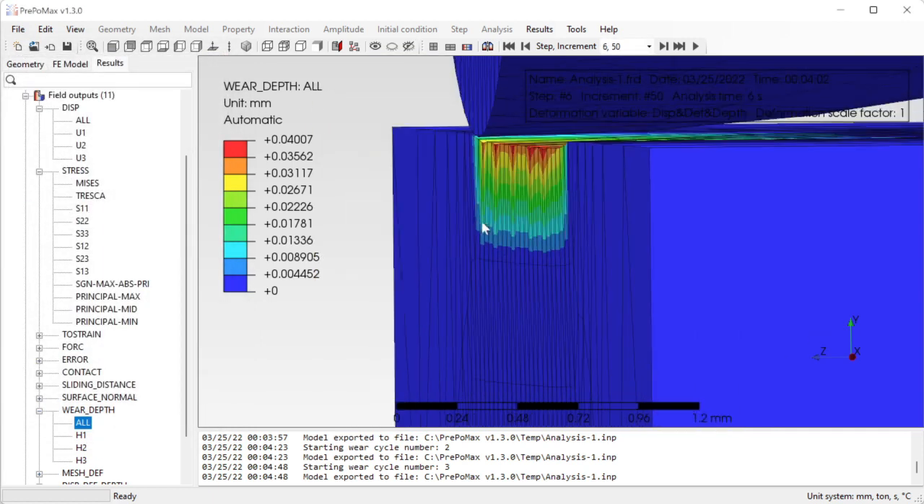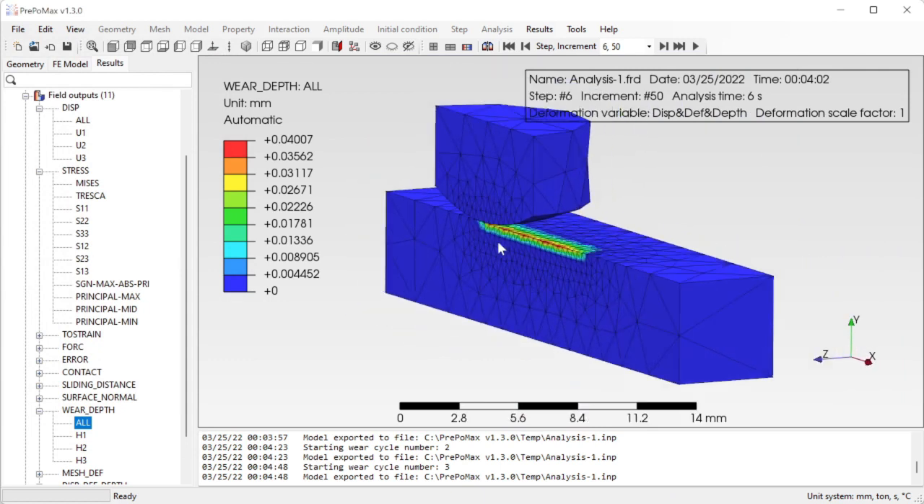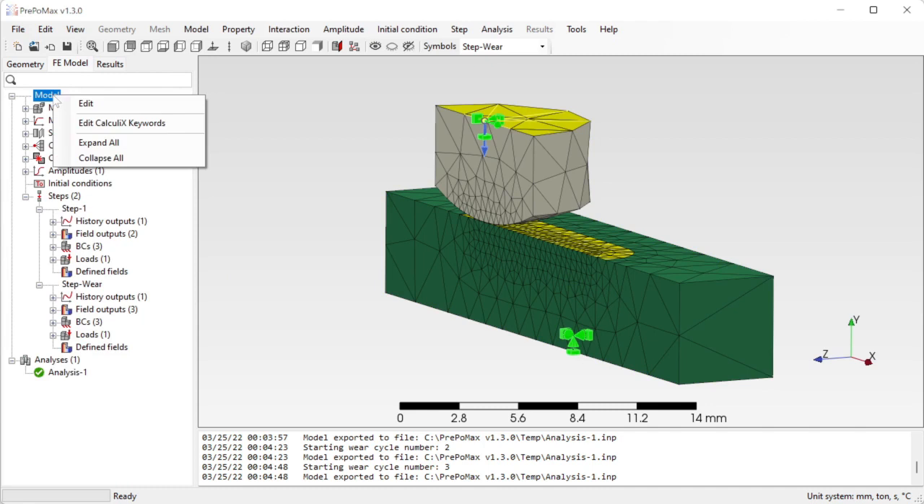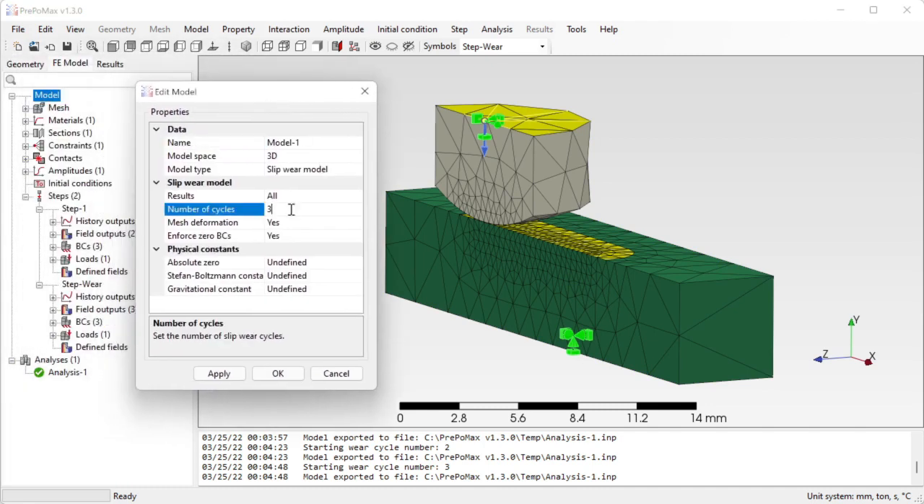Now, we know every setting that we can choose to set up our wear simulation. The last thing that we have to do, according to our assignment, is to increase the number of cycles to a value of 10. So let's go back to the FEM model, edit the settings. Now I will select 10